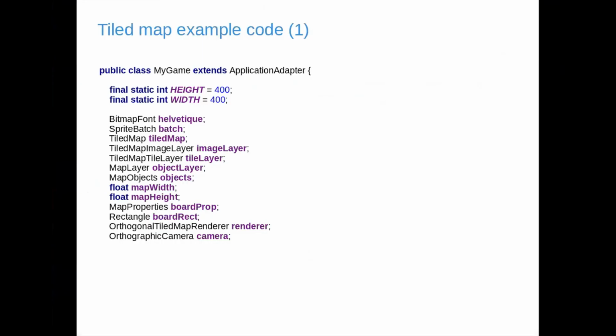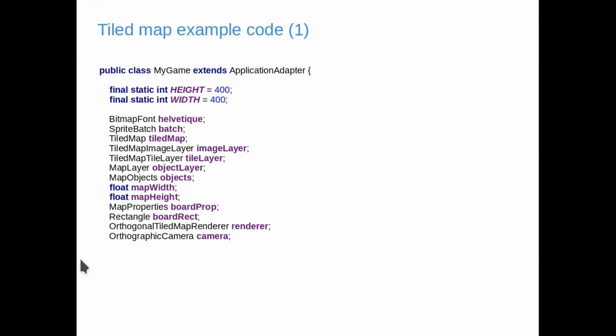In the game itself, I define height and width as final static int parameters so that I can use them in the other class. And I define a bunch of fields. So I define a field for the font, a field for the batch, the sprite batch, and then I define the tiled map. That's the object that holds the content of the XML file. I define separate fields for different layers of the map. I don't have to do it. I don't really need to carry them always. I could define just local variables, but I decided I'll put them here just for